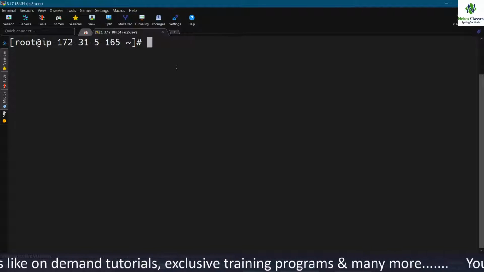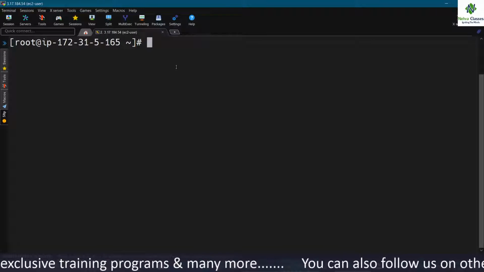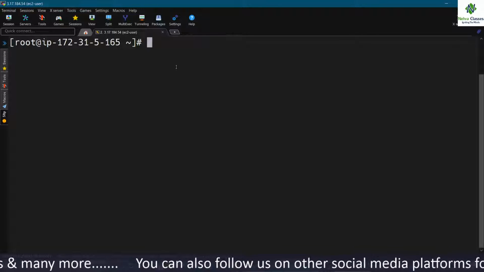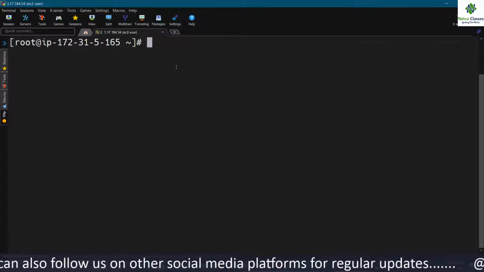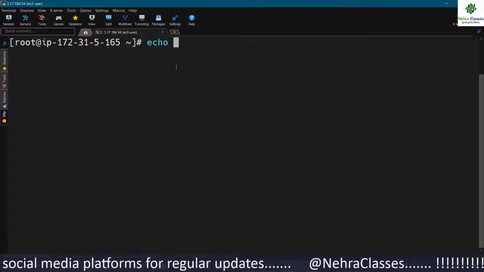When you enter a command at the shell prompt and press enter, the shell starts scanning the line, cutting it up into arguments. Like I mentioned here, echo